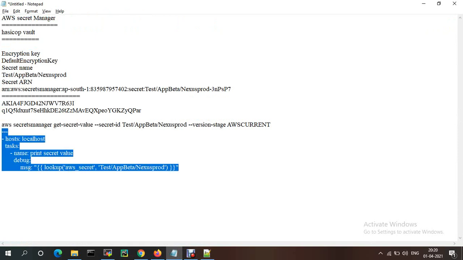This is the one, same name, print secret value. Let me copy this one.